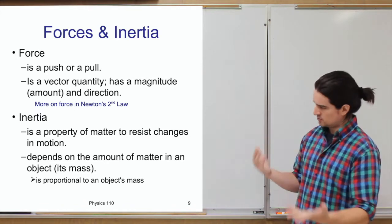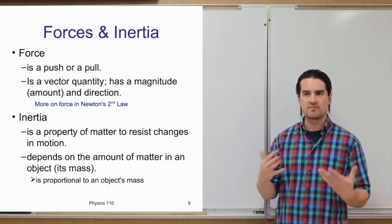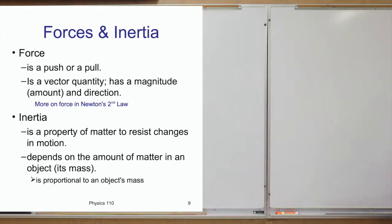Yeah, technically you could say the inertia is proportional to the mass of the object, or the amount of matter that makes it up. Okay, so force and inertia. And then,